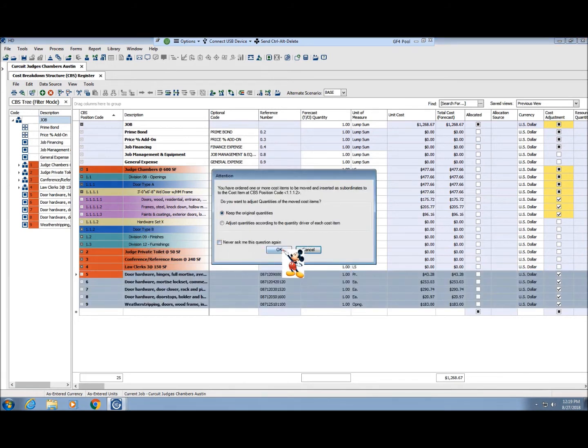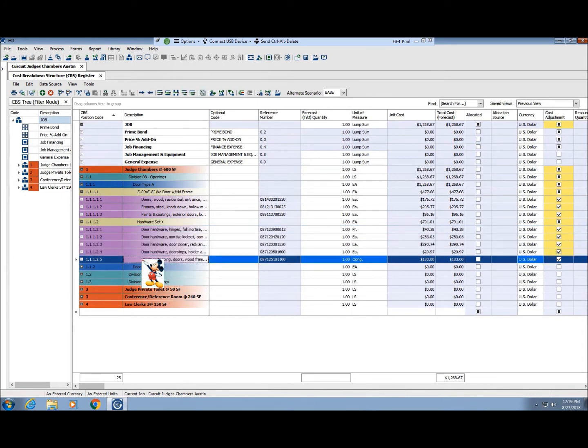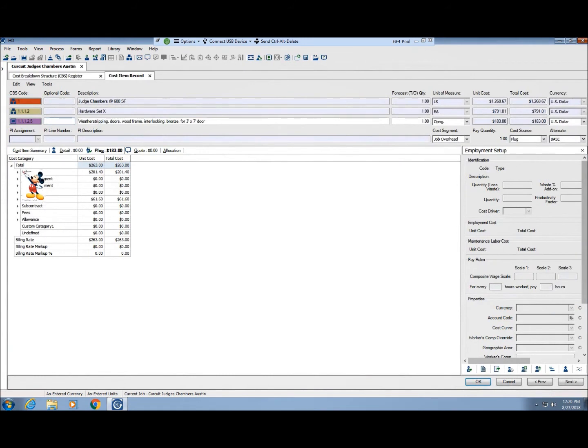Accept it. Okay, now they're all under the hardware folder. And then I double click on the weather stripping. And I know from getting a quote that it's not $61, that it's $401 for the kit, the material. So